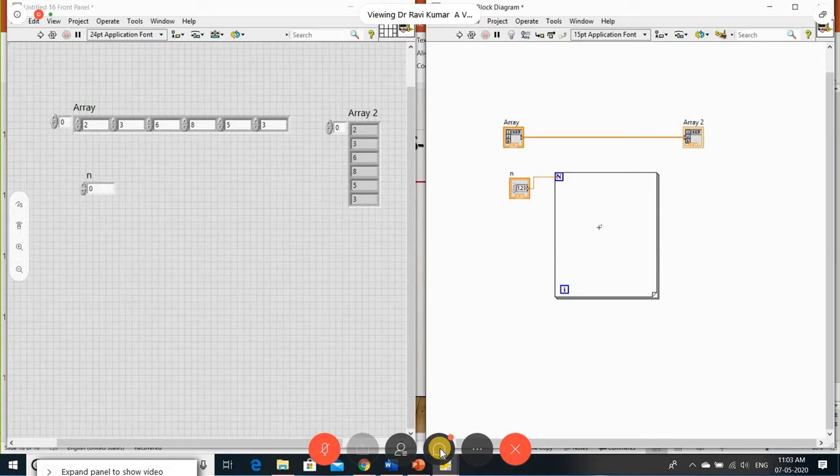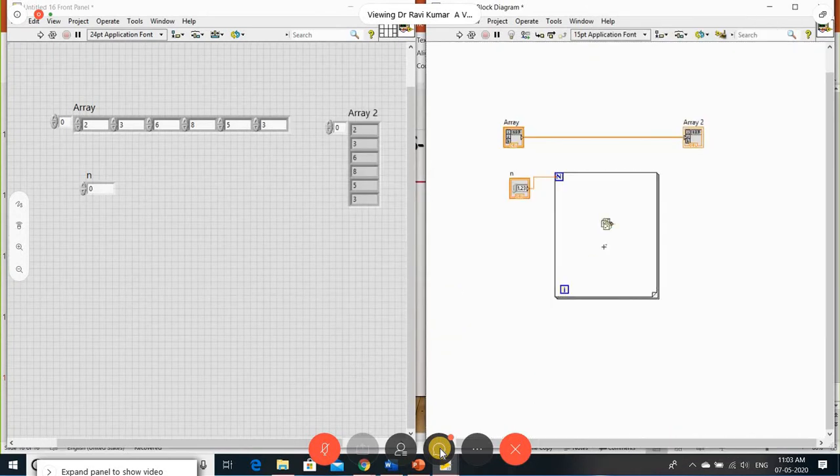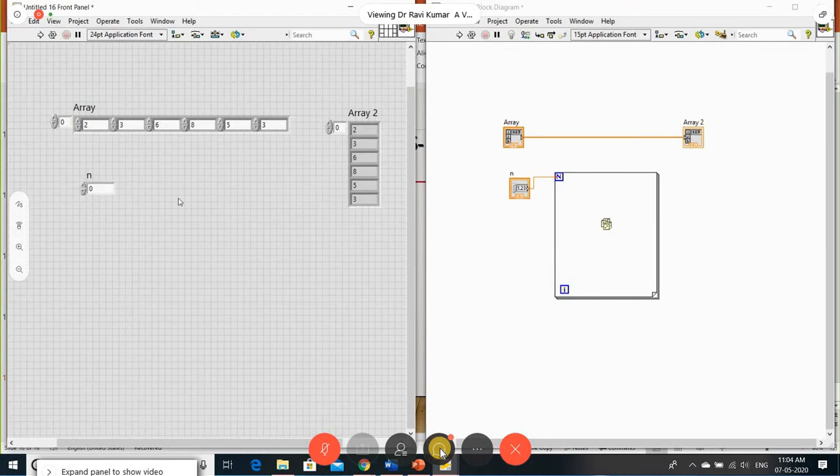Okay, what is the element I want to place in the array? Let me take some random number. So we have the numeric, we have the random numbers. The random number in the sense, each iteration, the value is generated from 0 to 1. Let me take one indicator and connect it to here. You can observe, let's say n is taken as 5, from 0 to n minus 1, the random numbers are generated inside the loop.